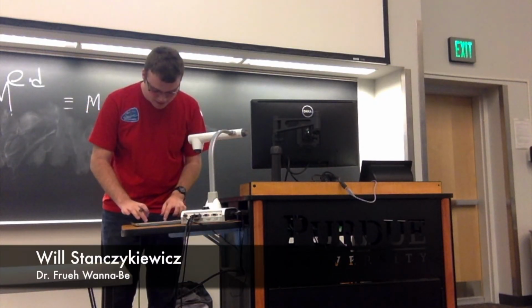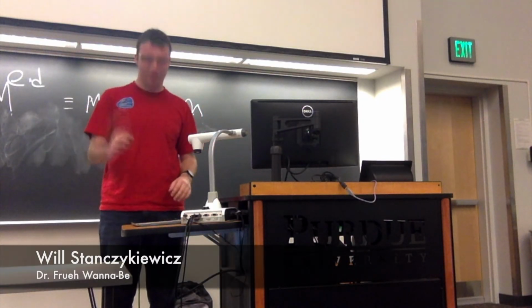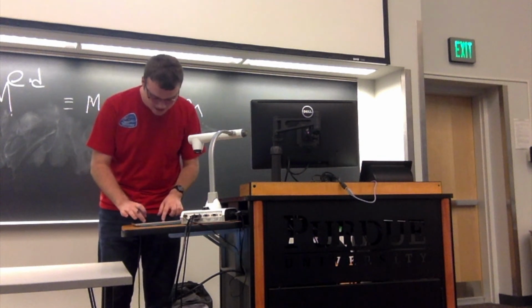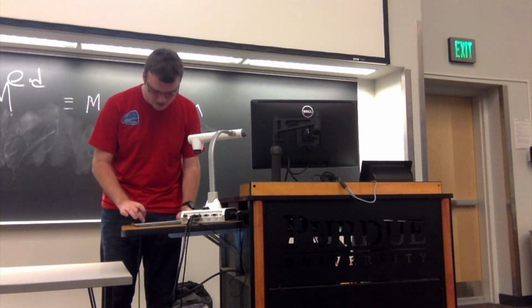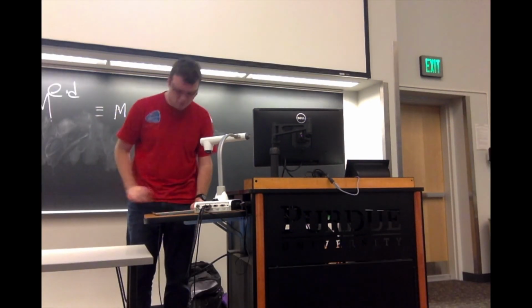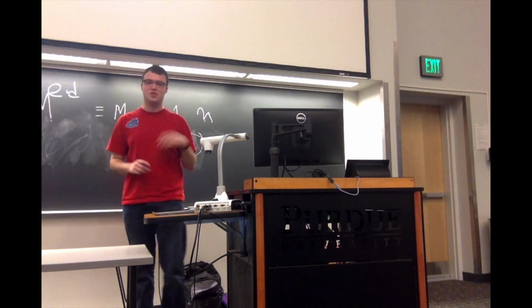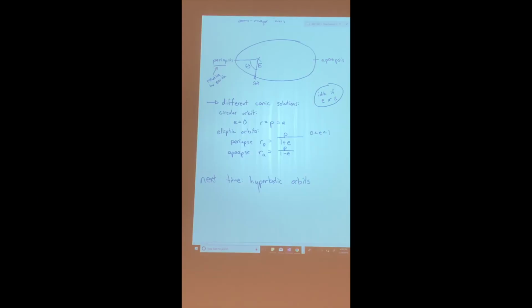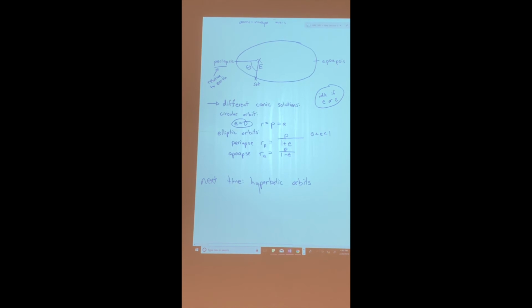You're finally going to be able to take this really long derivation and apply it to something in real life, the conic solutions of the different types of orbits depending on the energy that we have. So we have three different potential conic solutions. The first is when the eccentricity is 0. And when the eccentricity is 0, that means that we are in a circular orbit where the periapsis and the